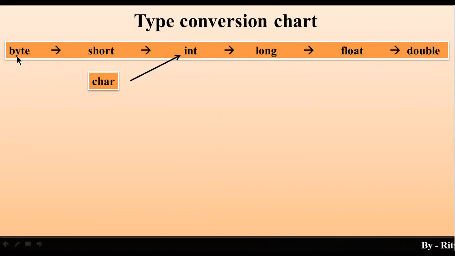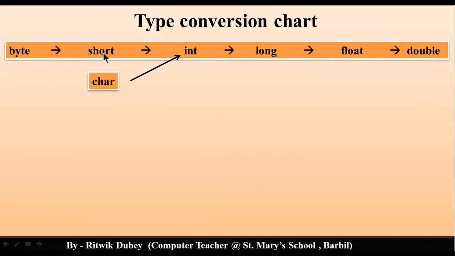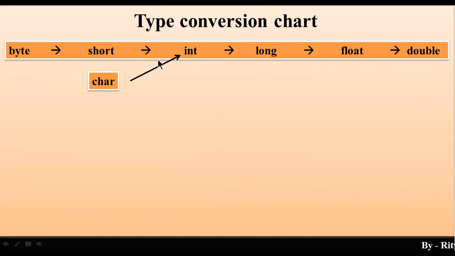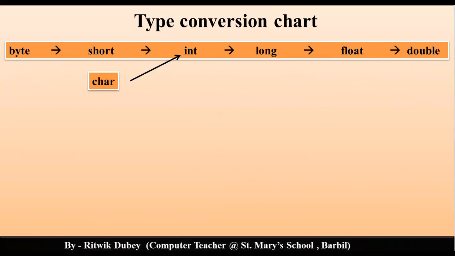तो ये जितने फंडामेंटल डेटा टाइप आपको दिख रहे हैं, सबसे कम प्रेसिडेंस byte का, कितना मेमोरी इसको दिया गया? 1 बाइट. Short को कितना दिया गया? 2 बाइट्स. Char को कितना दिया गया? इसको भी 2 बाइट्स. Int और float को 4-4 और long और double को 8-8. Clear? This is clear na? Okay, now listen.